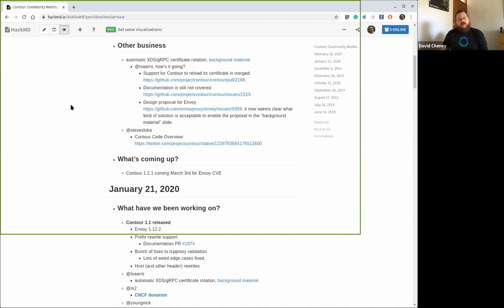We don't want to put you in a position where you have to upgrade to a new version of Contour and potentially have incompatibilities, but also in a situation where you must use a new version of Envoy. So just giving a bit of prior warning there. And with that, I'll edit the notes to link the milestone.